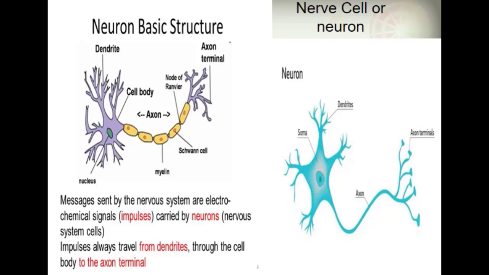Now don't get confused with different difficult names here. They are just the labeling in the diagrams. You only have to remember the diagram, the structure of the cell and the name. The way it is drawn in your book, it is adequate for you to practice from there. This is just for your understanding. You don't have to write this, you don't have to learn this, you only have to understand this.